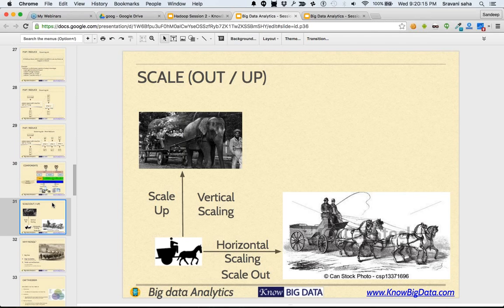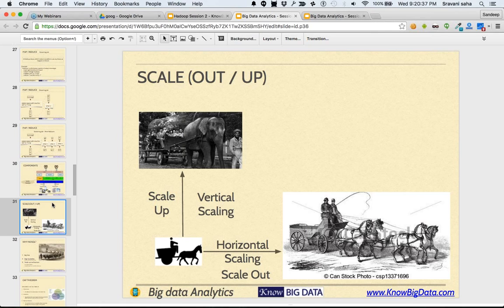Now, the second mechanism, where you have multiple machines doing the things, is far more scalable. It is far more scalable. While the first approach, the vertical scaling approach, does not scale well. After a point of time, you will realize that your elephant is not sufficient.